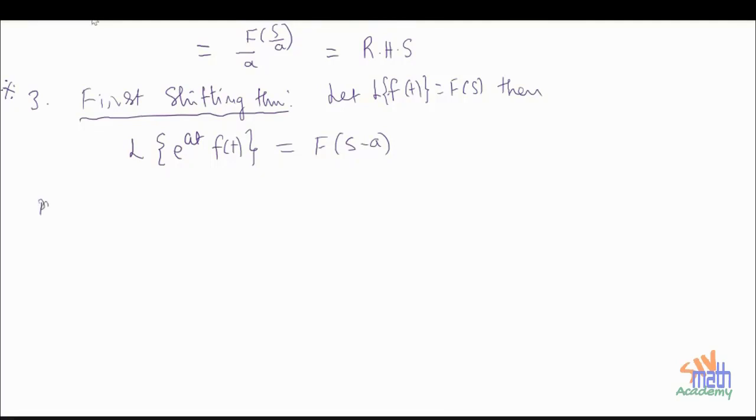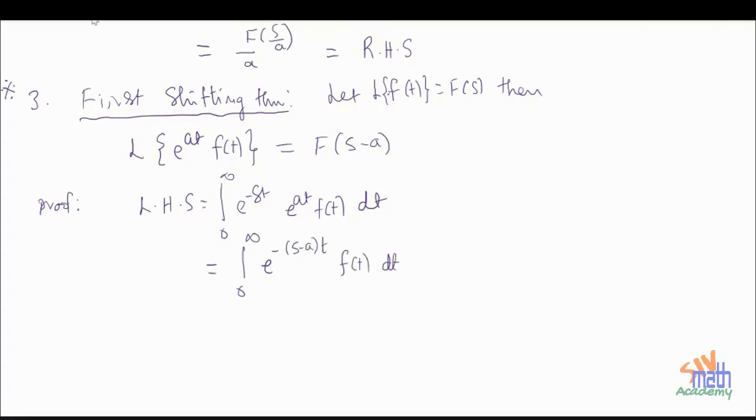So what is the proof over here? Here I am taking LHS. See, simply you have to do only one thing. Write LHS, then you will end up with the answer. LHS, L means integral 0 to infinity e power minus st. Whatever is inside, you replace it by its value: e power at f of t, and then dt. This will be equal to integral 0 to infinity e power minus s minus a into t f of t dt. So put s minus a is equal to u, so that